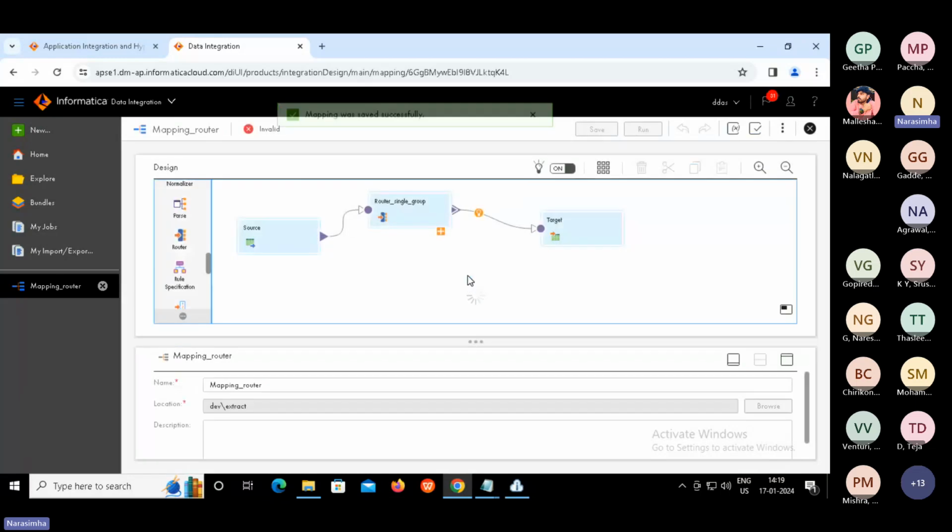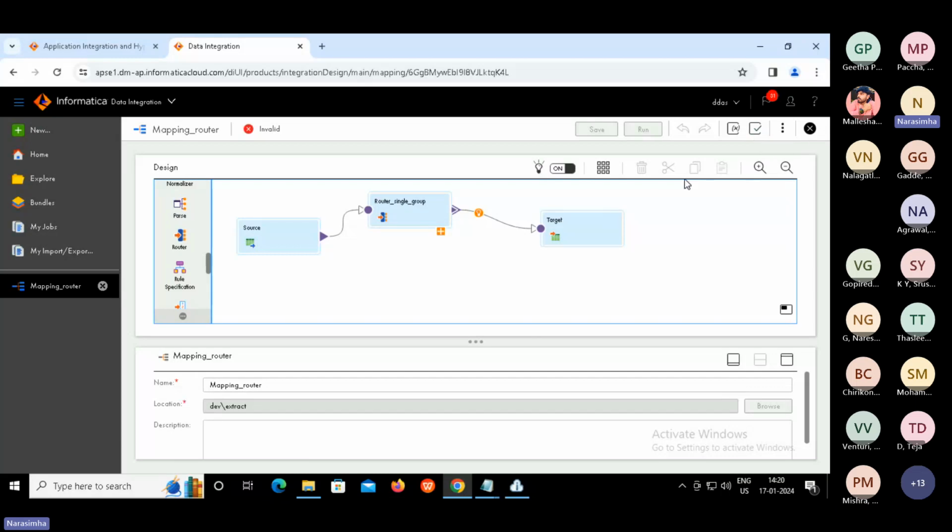Remember guys, if you look at the status here, it's invalid. I hope all of you could see the invalid message. So we need to know the reason why it is invalid.